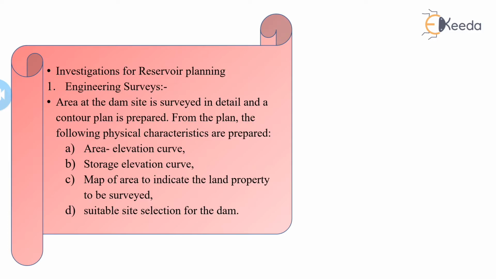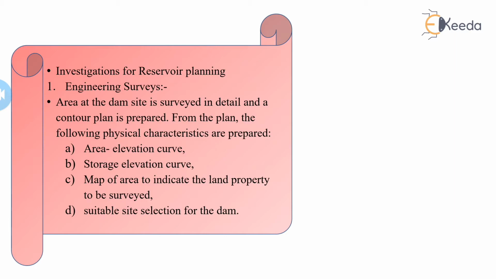After doing the calculation, we get the storage capacity and we have the elevation also. So again, the curve will be plotted between the elevation and storage. This type of curve is called a storage elevation curve. This contour plan also indicates the water spread corresponding to the reservoir elevation and enables us to determine the area under submergence and the compensation to be paid to the owners.